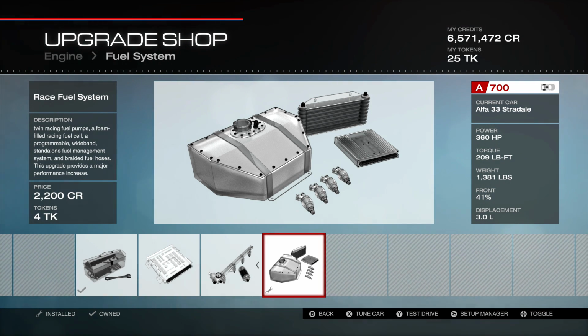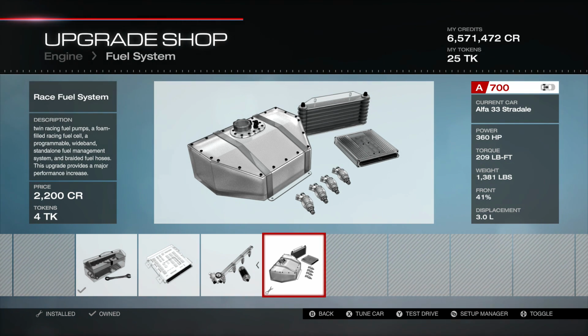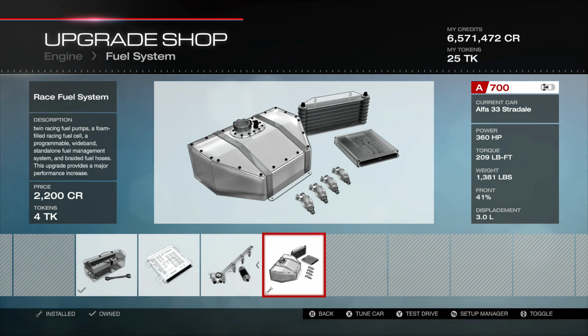That also very much contributes to that acceleration. 41% of the weight to the front, this being a mid to rear engine type car. I think that gets considered rear, and then 3.0 liters of displacement. Okay, now let's go look at